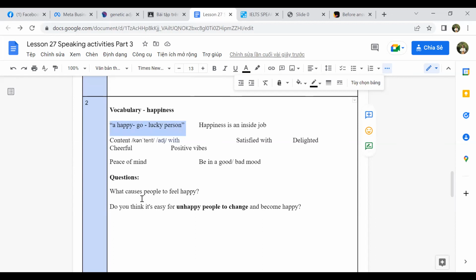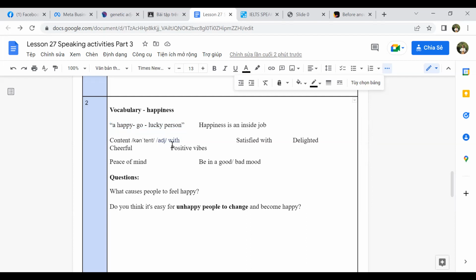This person is outgoing. And is this person lucky or unlucky? Oh, he's lucky, right? The whole phrase can be difficult to understand, but we can guess this person is number one, happy, and number two, lucky. Now, everybody, the phrase a happy-go-lucky person is used to describe someone who